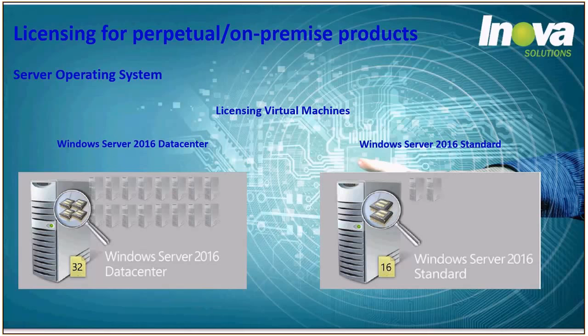So you cannot license, and in this scenario here, we have 4 processors with 32 cores each. You cannot license 2 of the processors with data center and then expect to have an unlimited number of virtual machines. No, you must license all the processors, all the cores, and then you are able to have an unlimited number